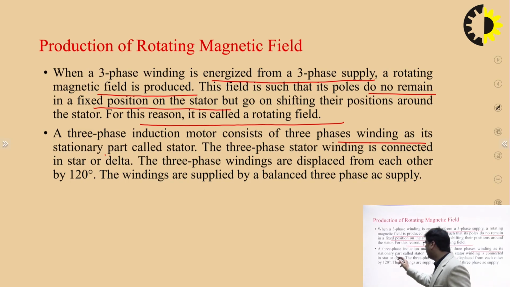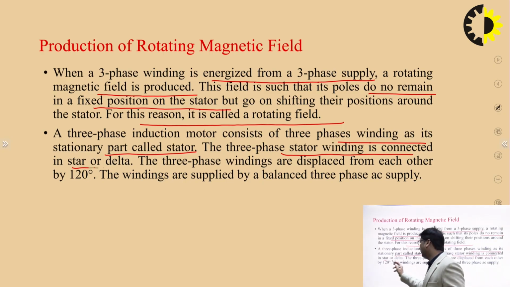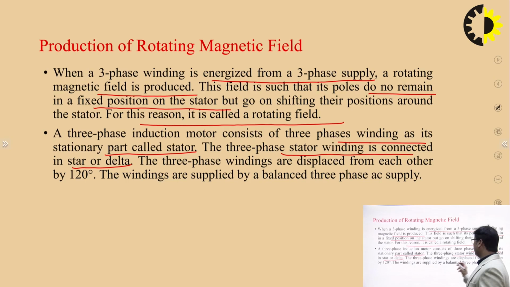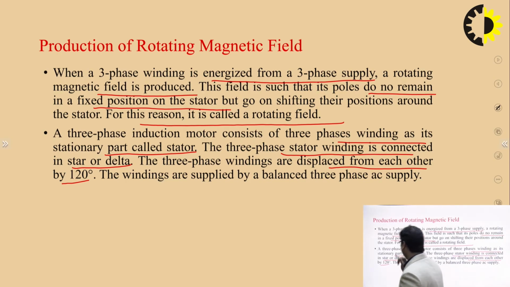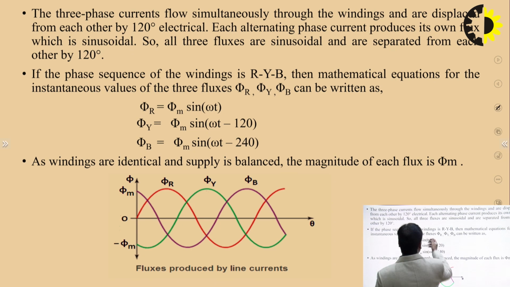On the stationary part we call the stator, this three-phase stator winding is connected in star or delta. We know that the three-phase winding is connected in either star or delta. The three-phase windings are displaced from each other by 120 degrees. So if the three phases are displaced by 120 degrees, that means the three phases,